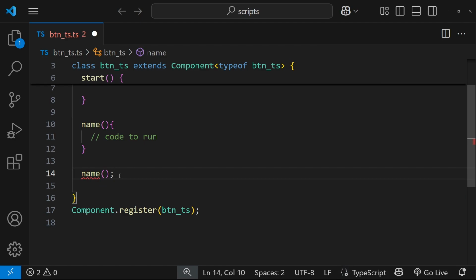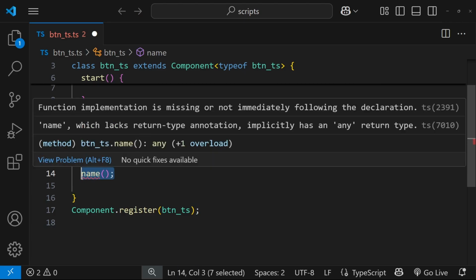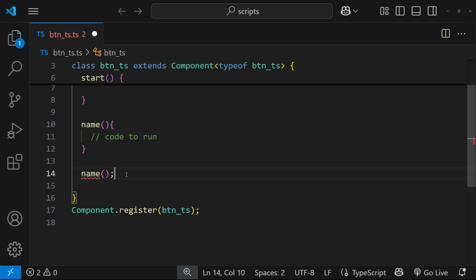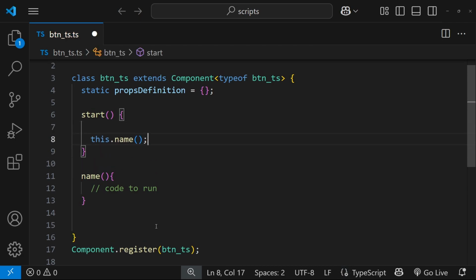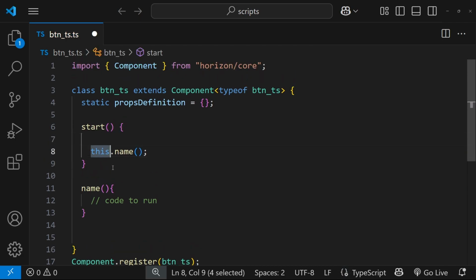The semicolon is optional, but I highly recommend that you use them since they make your code more organized. Now we're getting an error because we need to use the keyword this to fix it, and we need to have this inside the start function. Okay, so we need to use this because